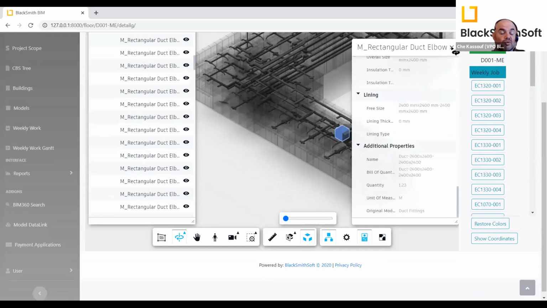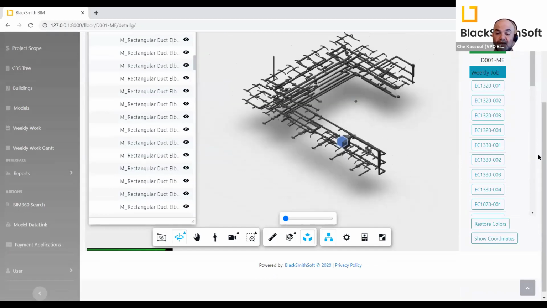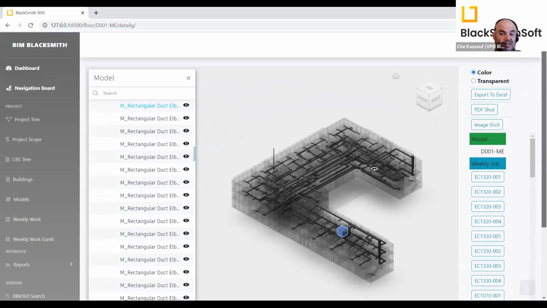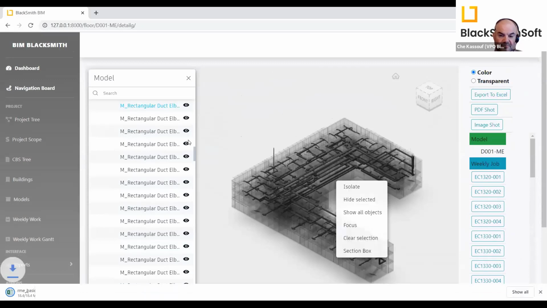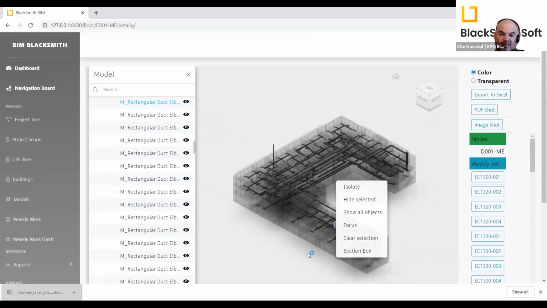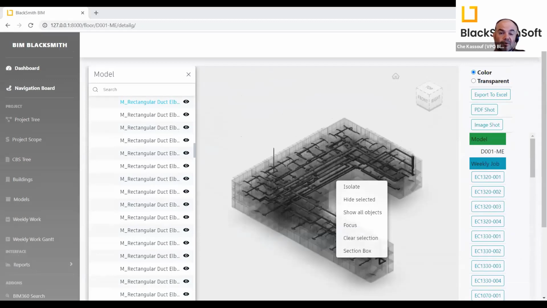Now, what we allowed you to do is, if for any reason you want to export all these property in this model, you can say just export to Excel. You press on this button. It is quite a big file, so it will take maybe 10 or 15 seconds to be exported. Okay, here it is. It's 18 megabyte file. So I have now an Excel sheet containing all the property I need